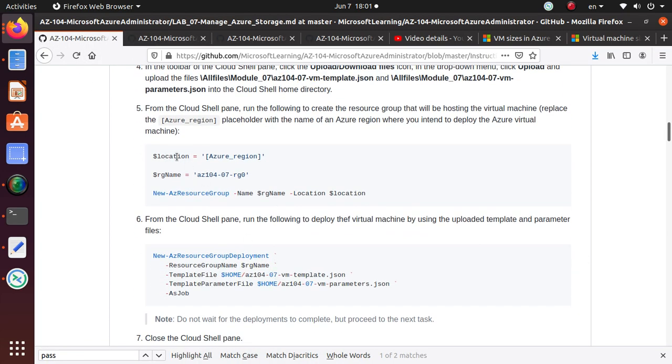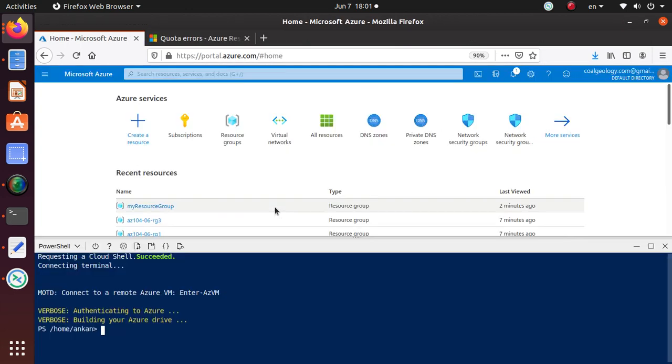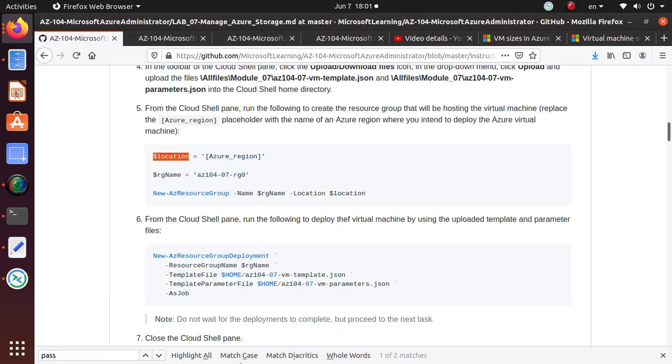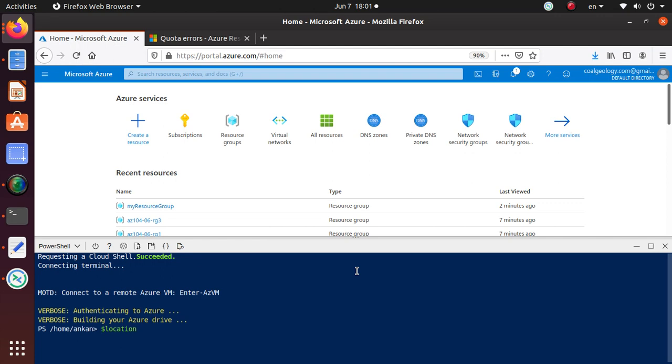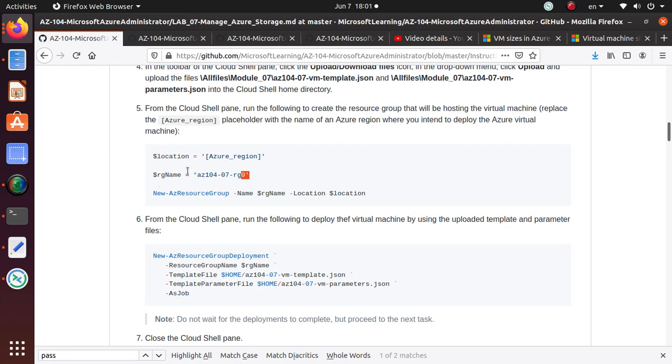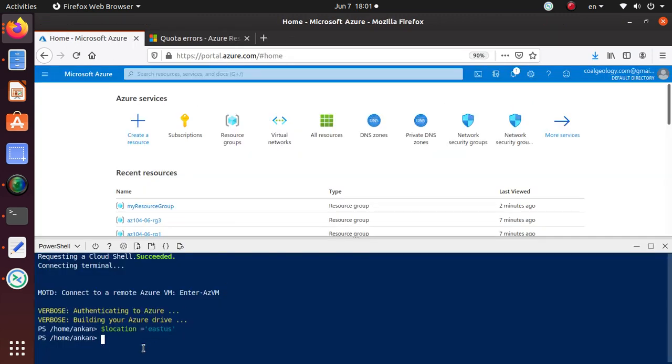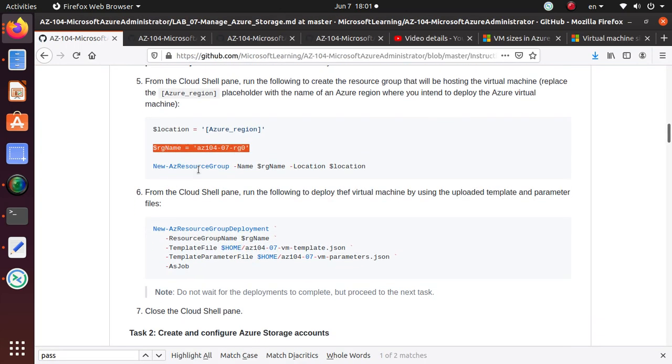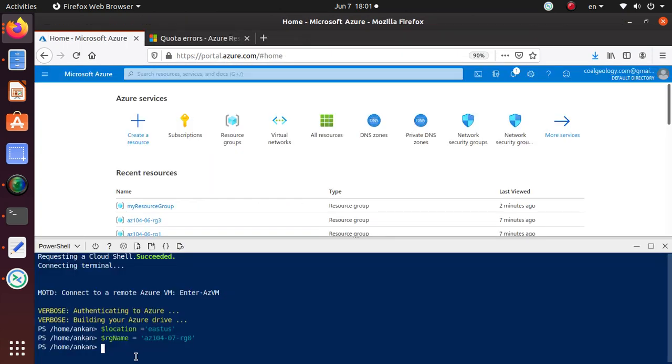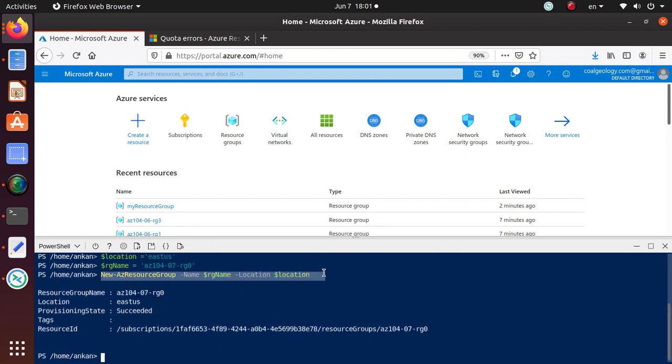So in this one, I'm just going to use East US as my location. I'm going to say I want East US for this lab, and this is the resource group that we're going to use for this exercise. And creating this resource group using PowerShell is a really cool command.